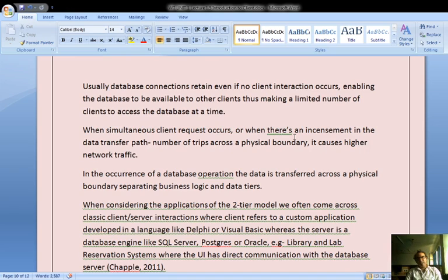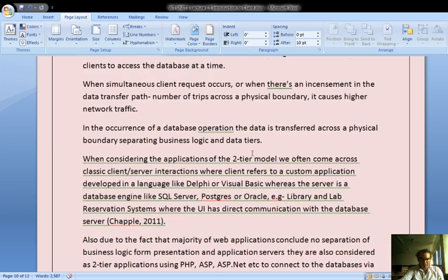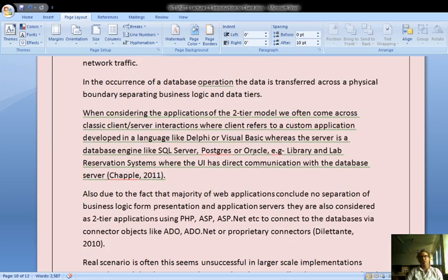When simultaneous client requests occur, or when there are increments in the data transfer path, that is, the number of trips across a physical boundary, it causes high network traffic. In a database operation, the data is transferred across a physical boundary separating the business logic and data tiers.